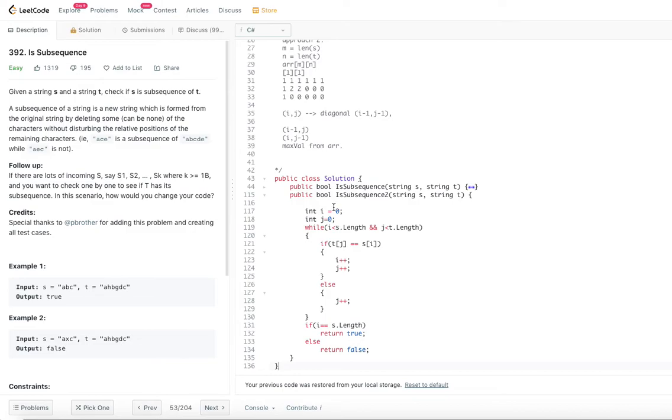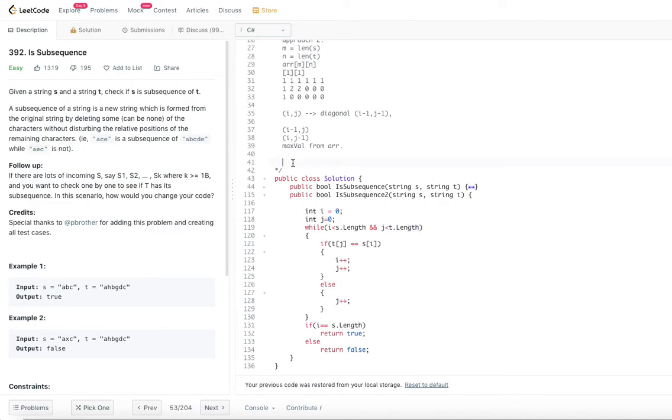Now, what is the time complexity it's taking? We are going through this while loop until the s length and t's length. So how much are we essentially doing here? We are going through the max of s or t. Since we are trying to find out whether s is a subsequence of t, in a regular case the length of s must be less than or equal to the length of t.